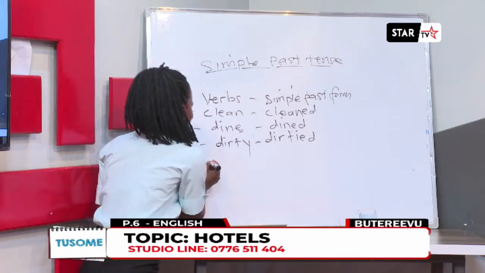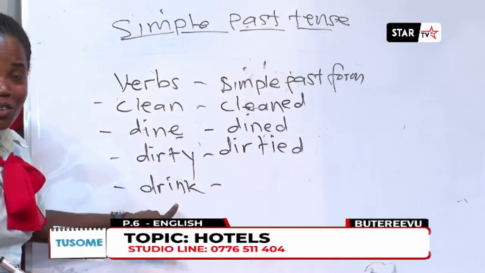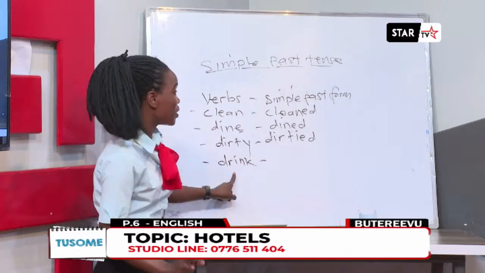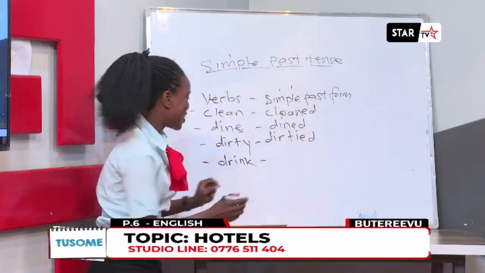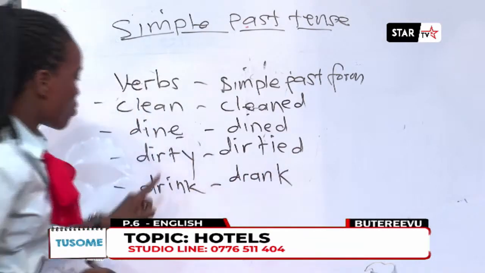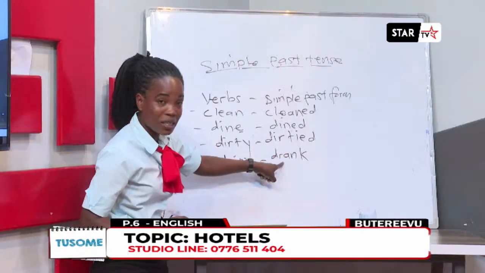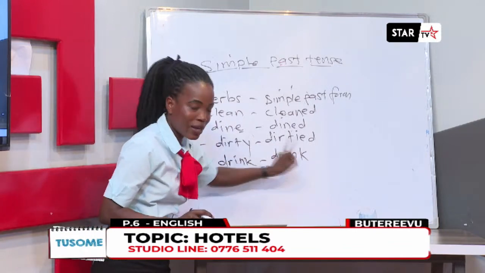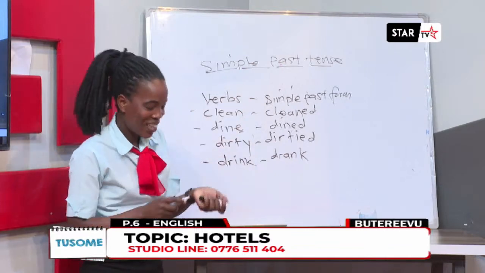Another verb I can remind you of is the verb drink. If at all you want to use this verb in this tense, this verb has to be changed to its past or simple past form, which is drunk. Take a note of the spelling I'm talking about. When you're using this verb in the past form, it must be written in this way. It is D-R-A-N-K. That's the form we use in this tense, which I've just explained.